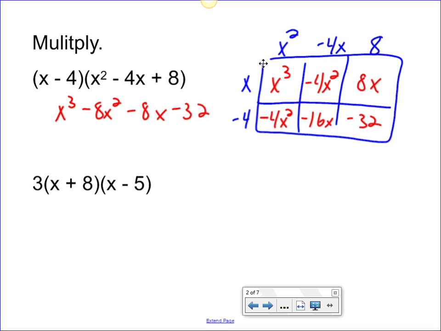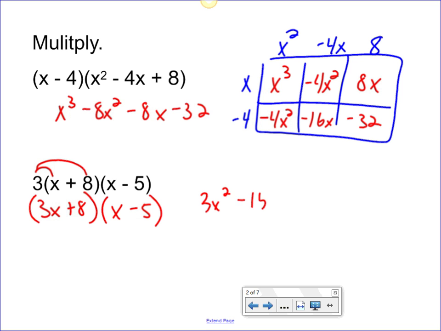And then the other thing I just wanted to see is what happens if I have a number out front, a constant out front. So if I distribute, I get a 3x plus 8. Now I got to take that whole thing times x minus 5. So if I just FOILed that, I would get 3x squared minus 15x plus 8x minus 40. So my final answer would be